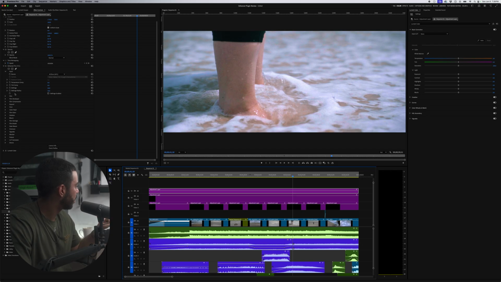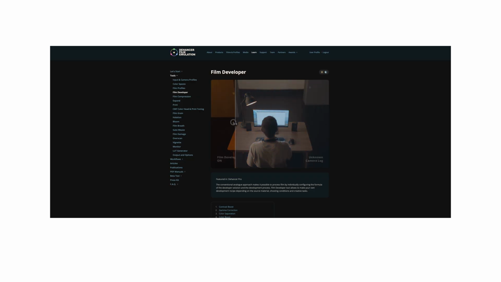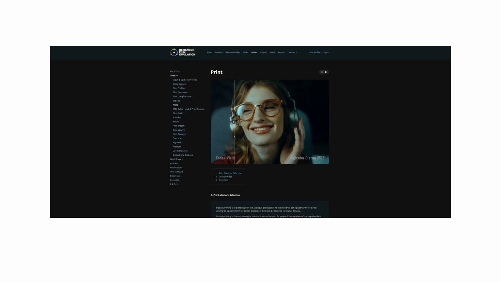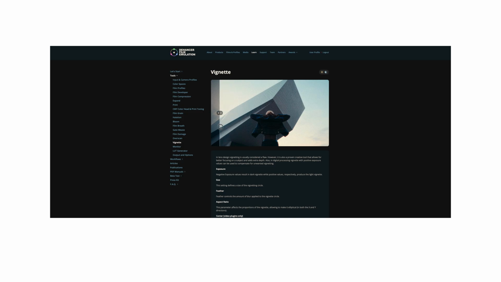Lastly, I like the idea of it, but I haven't really felt the need to utilize it, and that goes for basically every other effect that Dehancer has available. If we go back to the Dehancer plugin and take a look at the long list of all the other effects that they're able to implement, things like film developer, film compression, expand, print, color head. We talked about film grain, halation, and bloom, but then they have film damage, film breath, gate weave, overscan, vignette, all of these